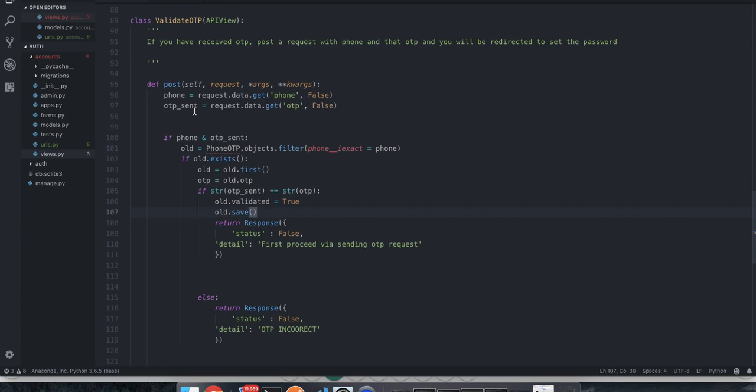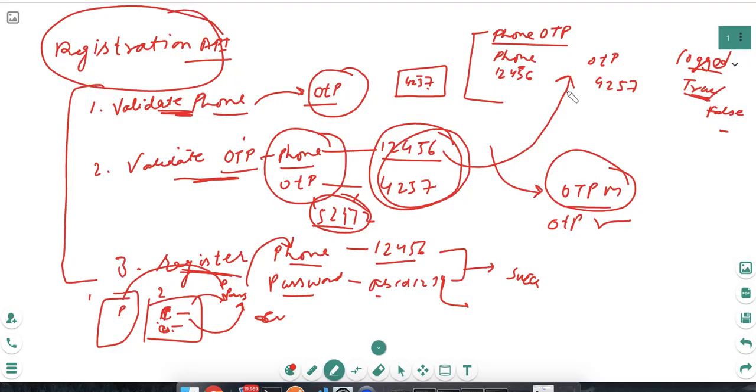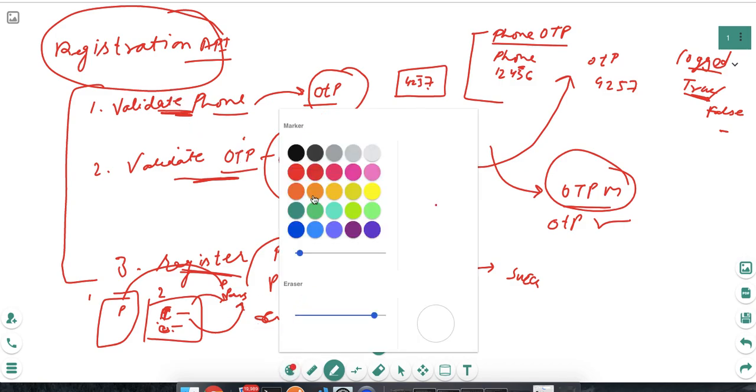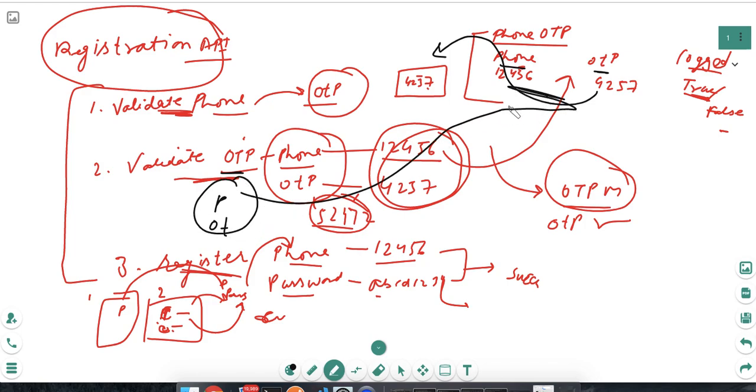By using these two things, phone number and OTP sent, if both are there, then we will check for data from this phone OTP model, and we will match in the sent request. Let me tell you, in this validate OTP he will send us phone and OTP, and here we already have stored the sent OTP that we have sent on his mobile. So we will match if these two things match with these two things, then only we will make this